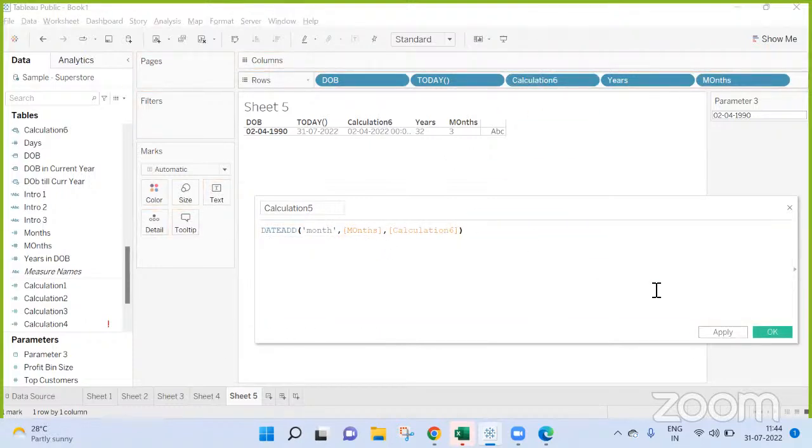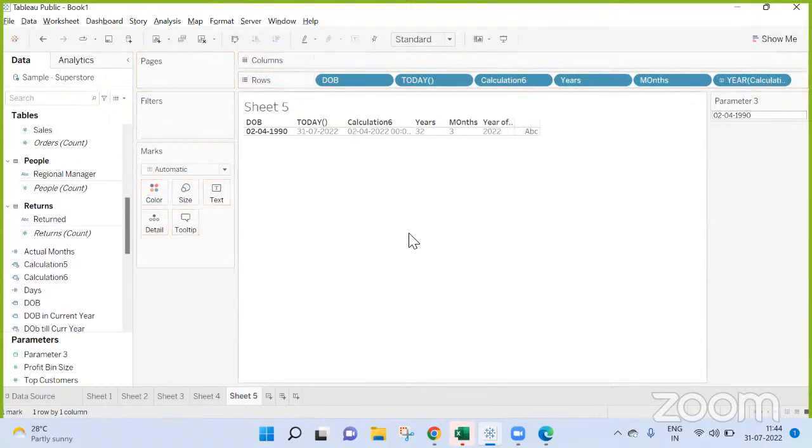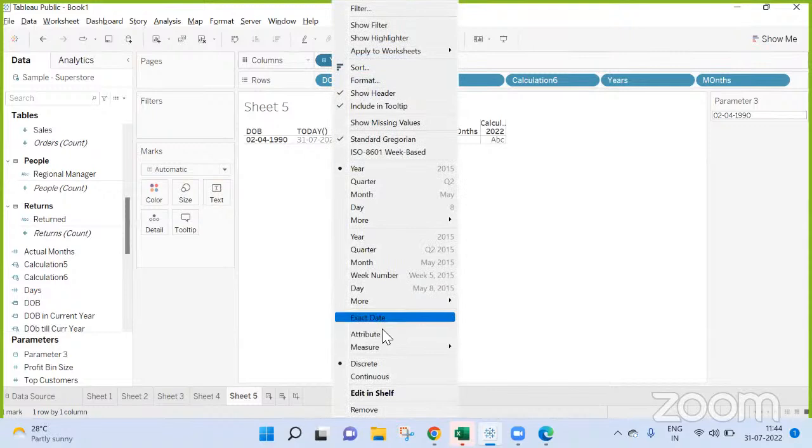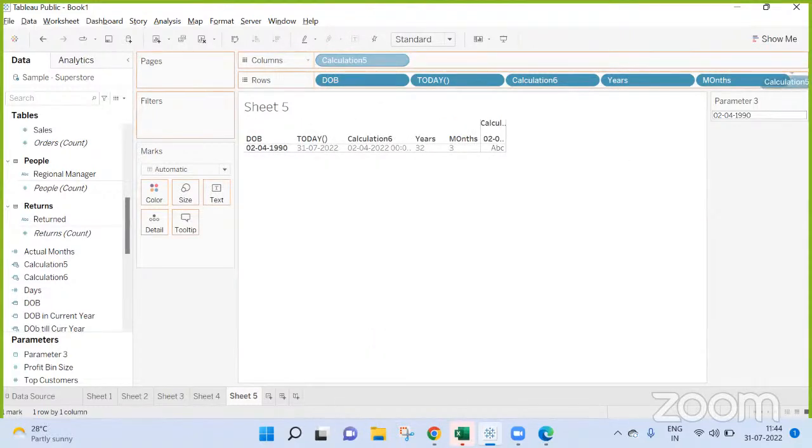Right? Now let me apply. Rajesh, would it not be, it has to be days. Just a moment, let me complete this. Let me extract the exact date and then discrete. Yeah. Go ahead.